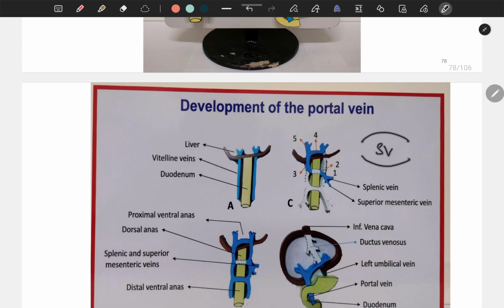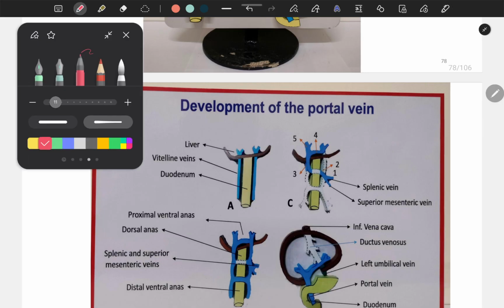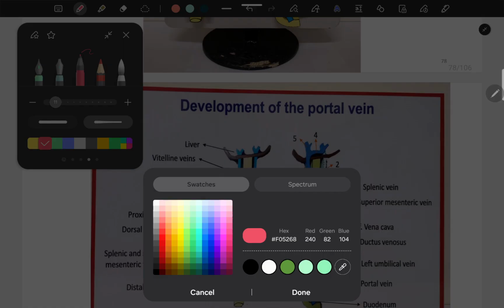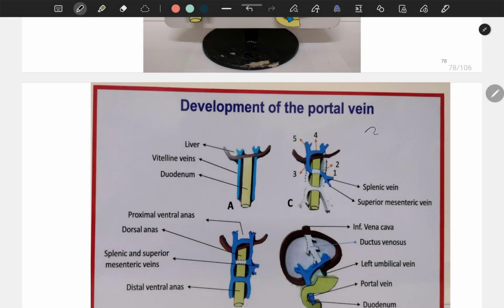This is sinus venosus, and this is common cardinal vein, anterior cardinal vein, posterior cardinal vein. Okay. From here you get two structures,